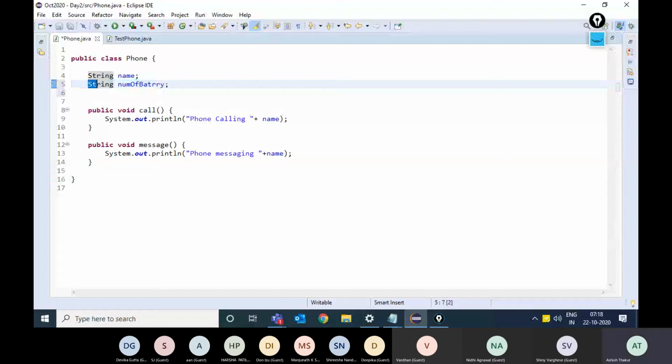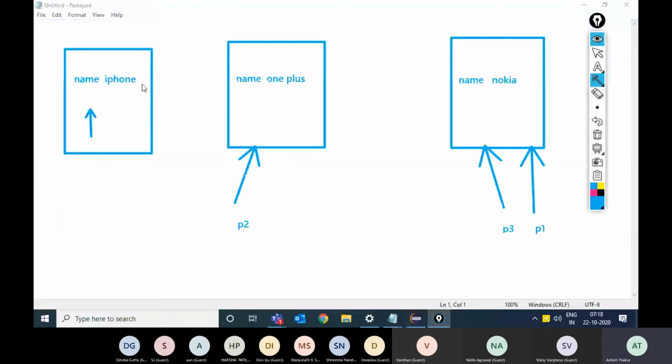Okay, or int number of batteries, integer. So this variable number of batteries will be there inside every class, every object.